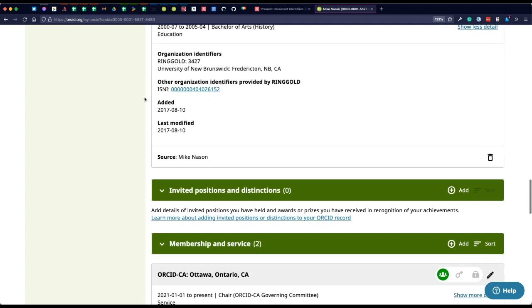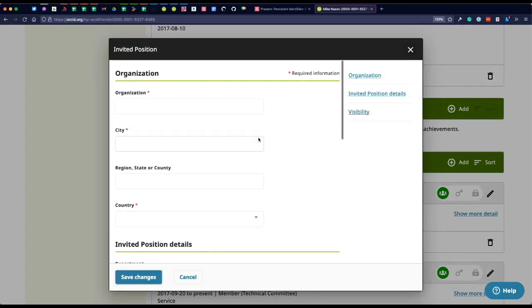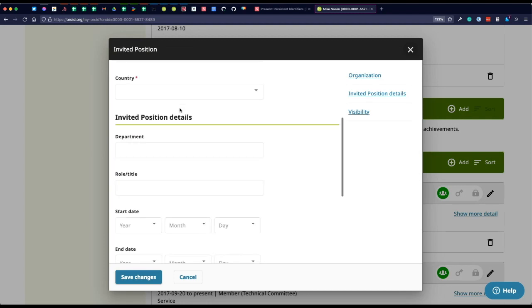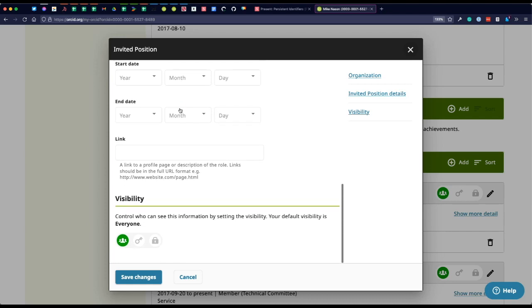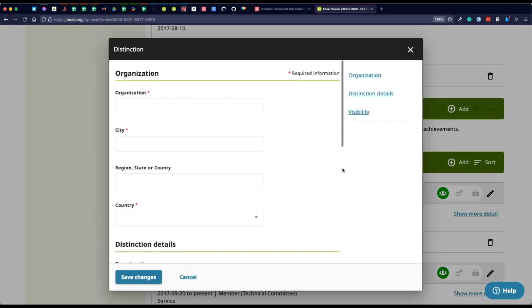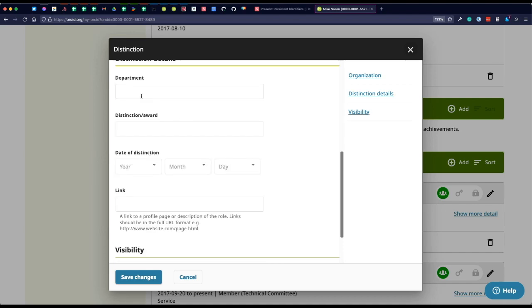And then really where the stuff starts to pop off, invited positions and distinctions. So if I were to add one of these, I can pick, add invited position, add distinction. Let's say I was invited to be a guest editor: organization, city, region or state, country, department, role title. Maybe if I was asked to be a writer in residence or something, I would add that there. If I want to add a distinction, like associate dean or something, I could put those in, or awards,